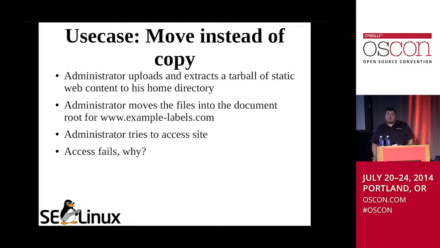Now, what happens when you create a file in a directory? If there's no type transition rule, it's going to get created with that directory's label. So, for example, if you extract it in temp, it's going to get created with temp_t, because that's the temp directory's label. What happens if you then move that into Apache's home directory? Do you think it's going to fix up the labels for you? No, because